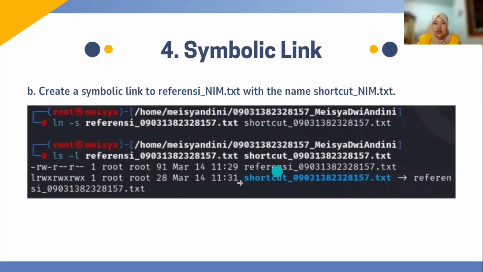We use ln -s for the file name we want to link, and then the second file name we use as the place for the symbolic link. We use the ls -l command to see that the symbolic link has been successfully created in here.